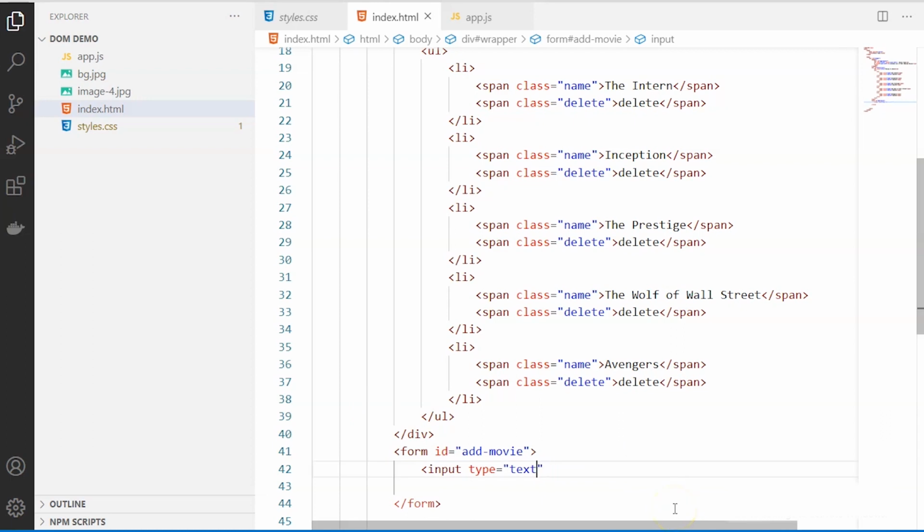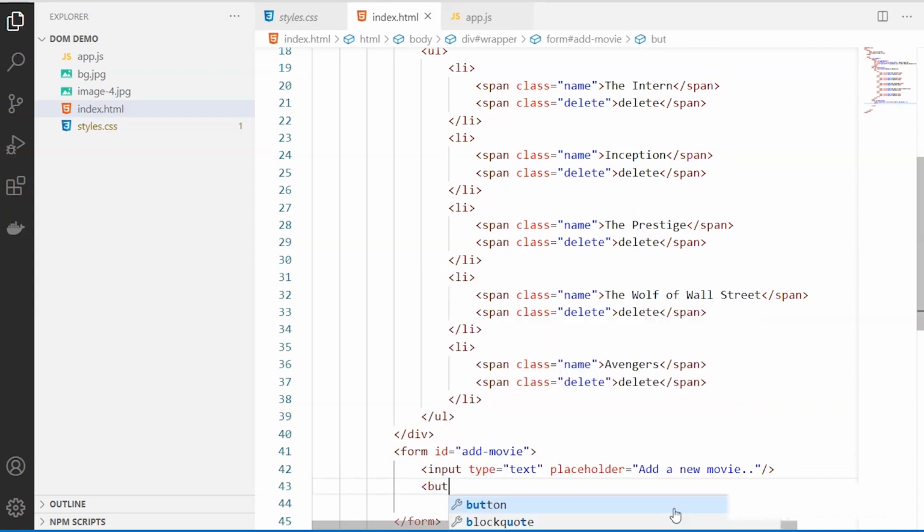Okay, so this is text. So the placeholder property is where you can give some hint of what is supposed to be entered in that text box. So I'll say add, so let's close this input box.